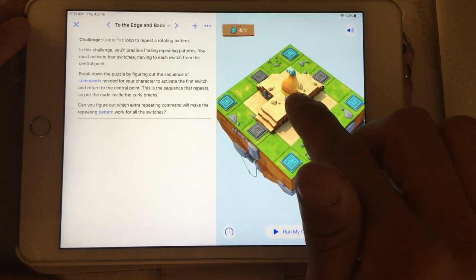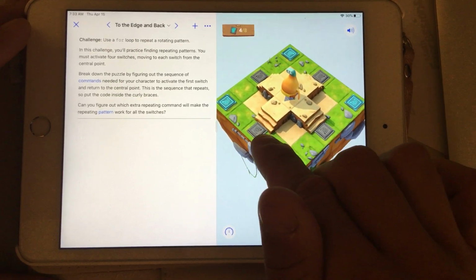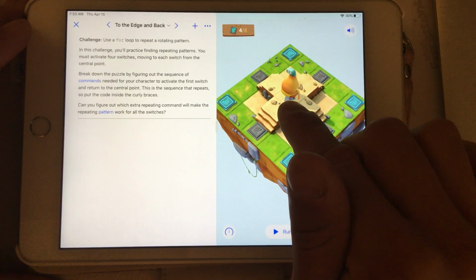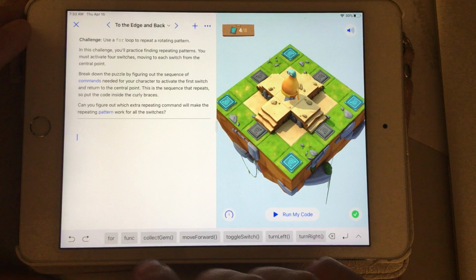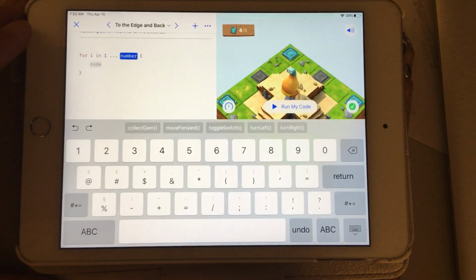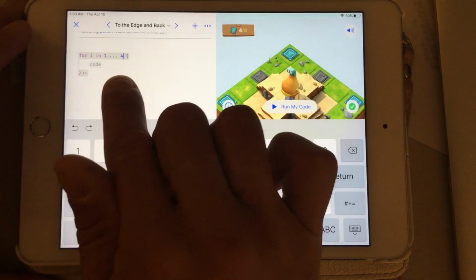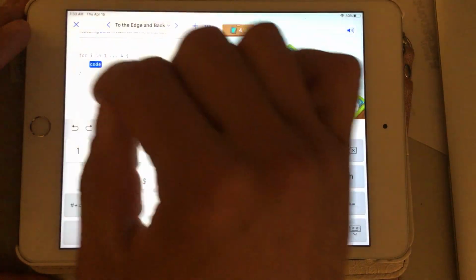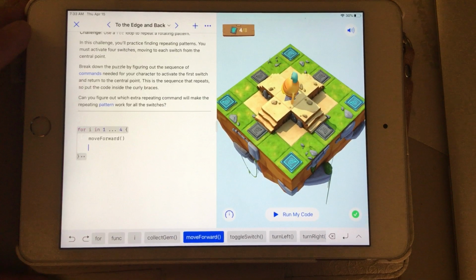I need Byte to move forward, toggle, somehow turn around, move forward, and then either turn left or right. It looks like I'm going to have to do that 4 times. Why? Because there's 4 switches that aren't turned on yet. So for 1 in 4, and then I'm going to click right there where the word code says. Now I'm going to tell it what to do. Well, we said move forward,